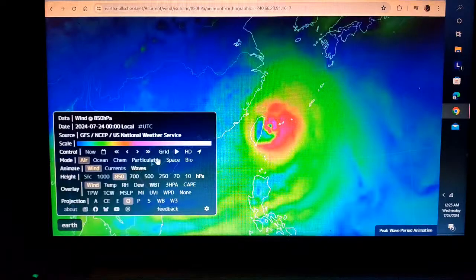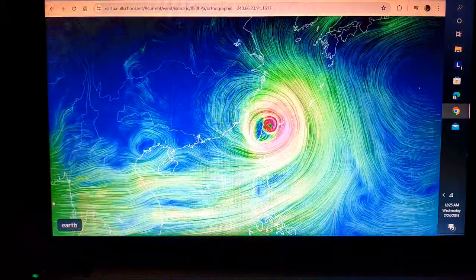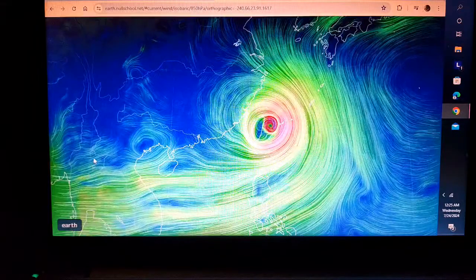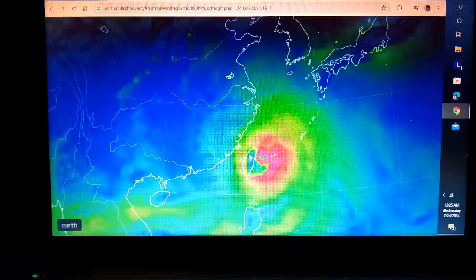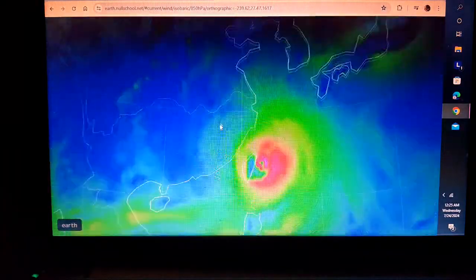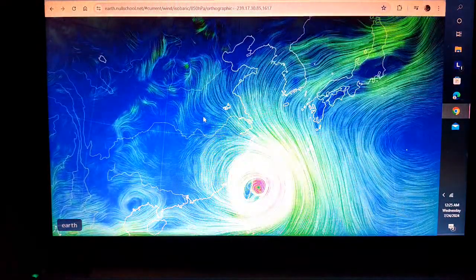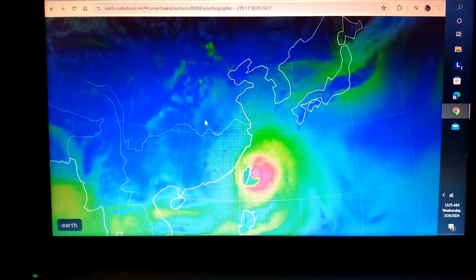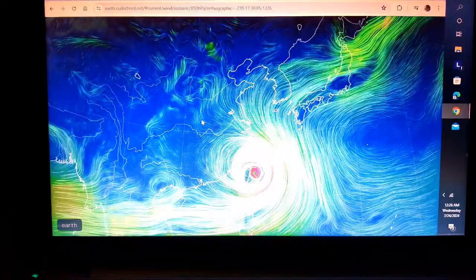Watch when I put the wind on. So, while everybody's freaking out about the headlines, the typhoon is eating Taiwan right now, and this is forecast to move inland into China, which will surely do a lot of damage.